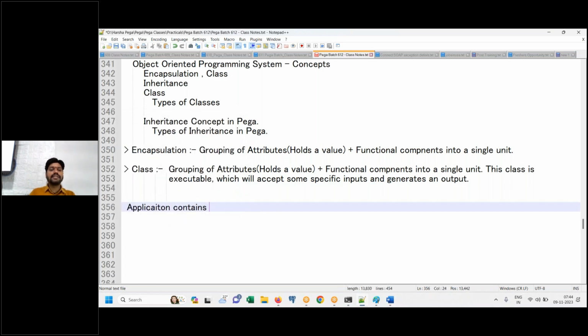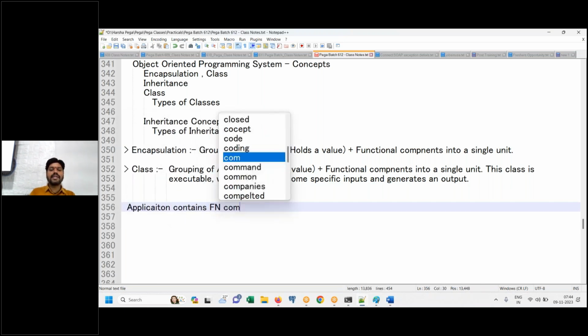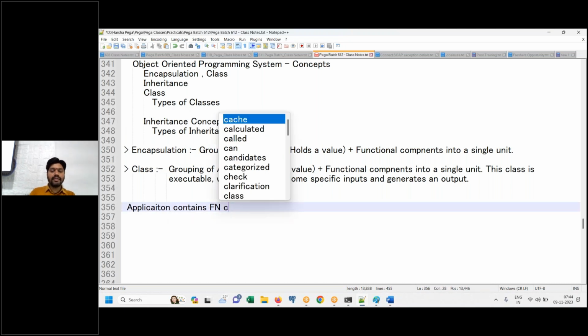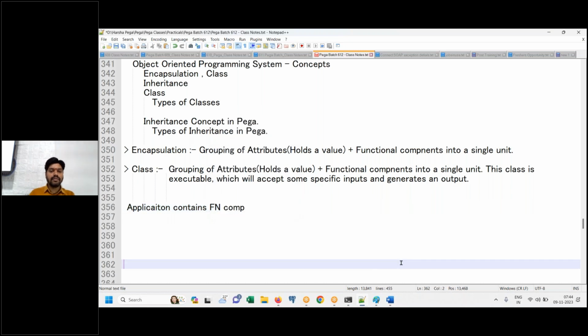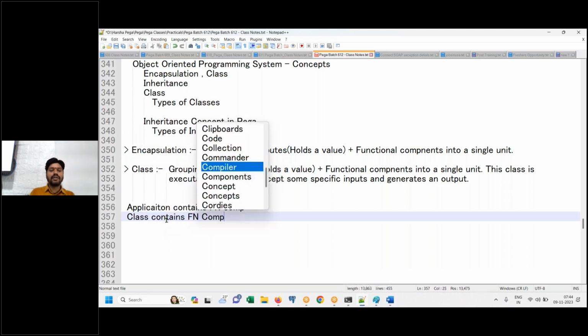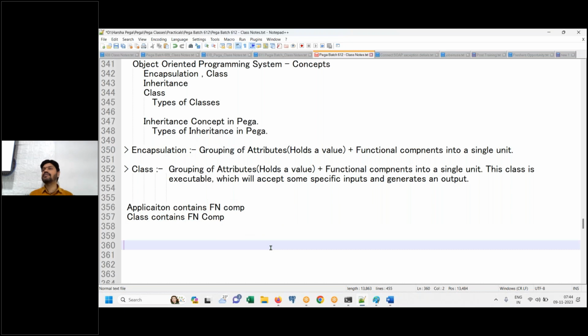Application contains functional components. That's what we discussed. Now we are saying that class contains functional components. Which statement is true? Actually, both are true.